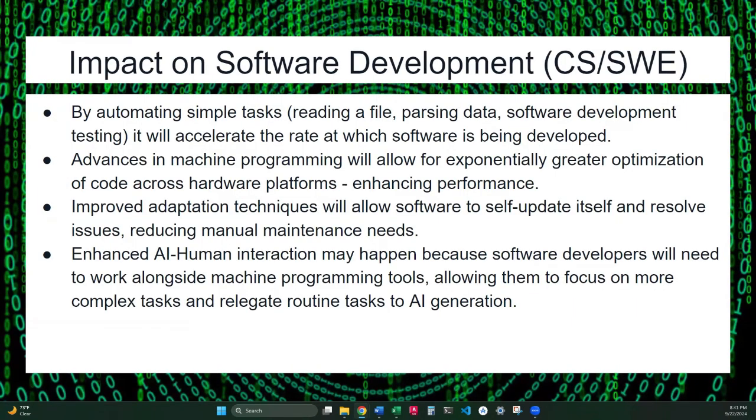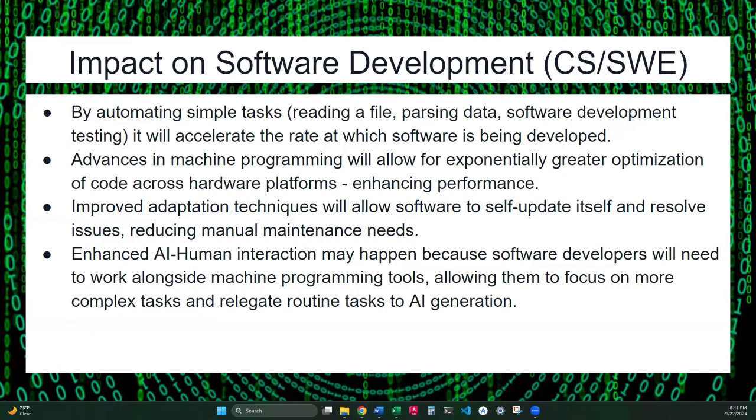Impact on software development. By automating simple tasks such as reading files, parsing data, and software development testing, the rate of software development can be greatly accelerated. This automation reduces the time developers spend on routine activities, allowing them to focus on more complex aspects of their projects. Advances in machine programming will also enable exponential optimization of code across hardware platforms, which would lead to enhanced performance.